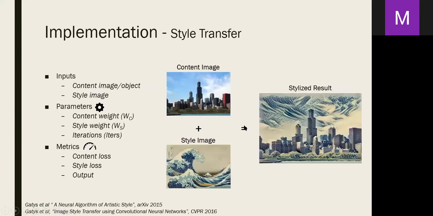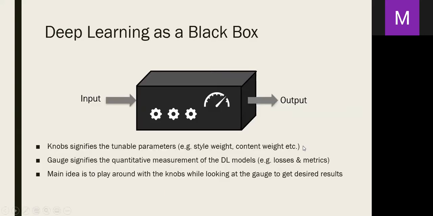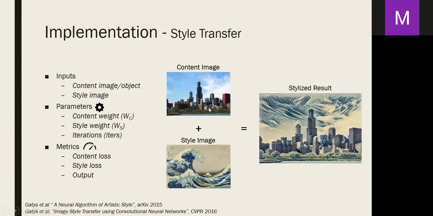You can also quantify how good your output is by keeping track of metrics, such as the content loss, the style loss, and the output itself. And basically, the main idea is to play around with these knobs while looking at these metrics to get a desired result. So first off, we need to upload these